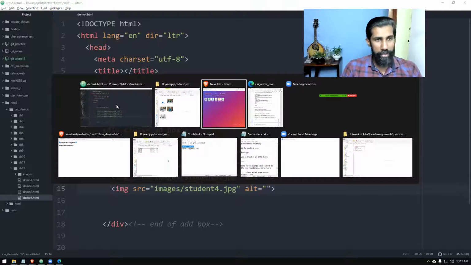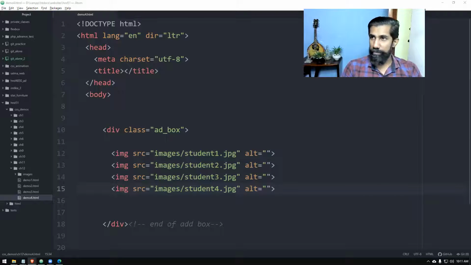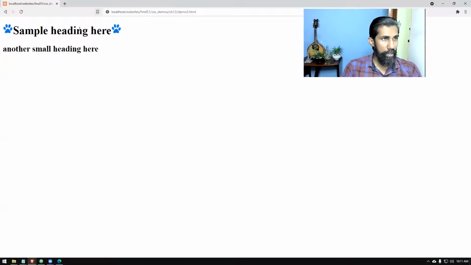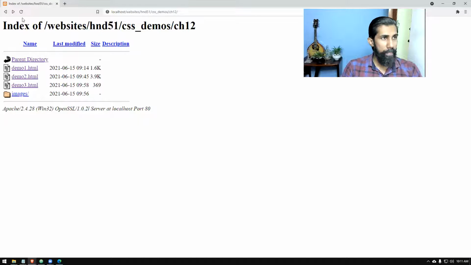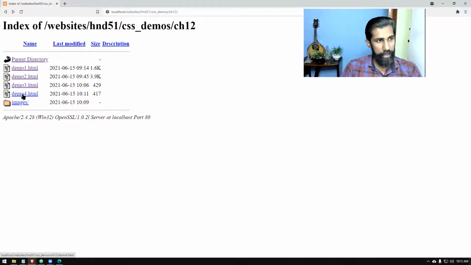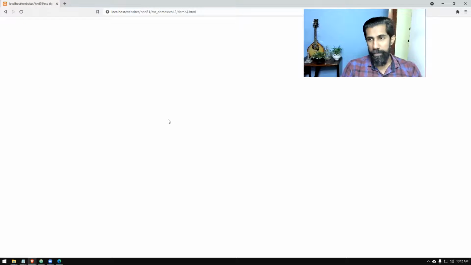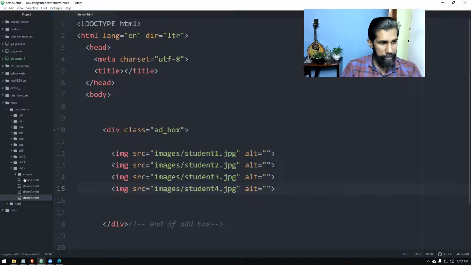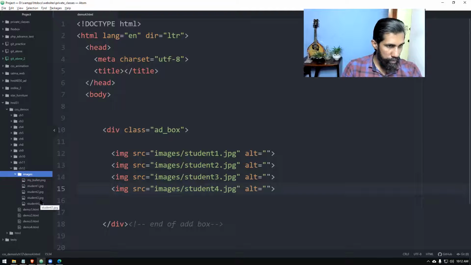Then let's check without the CSS how it looks in the web page. So this is the one we're going to hit. Images are png ones. 1 2 3 4, student one.